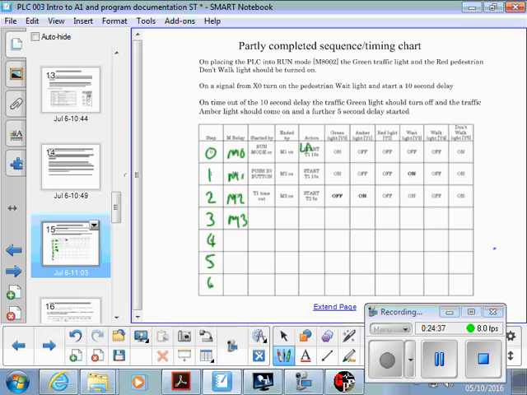That should say latch M0. Could just alter that on yours. Latch M0 and wait for X0. So what it's saying is turn on M0 and latch it and sit there and wait for somebody to push